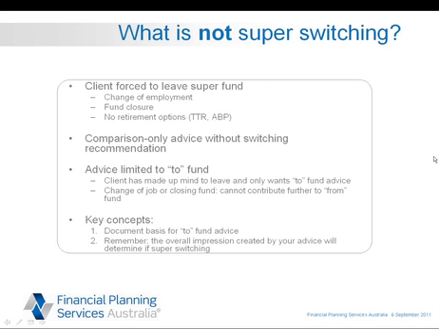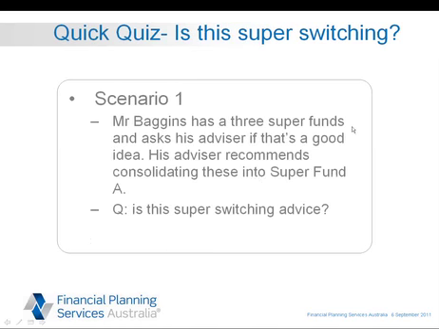So we've been through a couple of examples of what is and what isn't super switching. So hopefully this works better than the drawing feature I was going to enable. But we're going to try a quick poll here. So what I'm going to turn on, in the menu to the side of your webinar, is a quick poll, and what you'll see pop up is a scenario, and really we're looking at answering the question of whether this is or isn't super switching advice. So in this case,